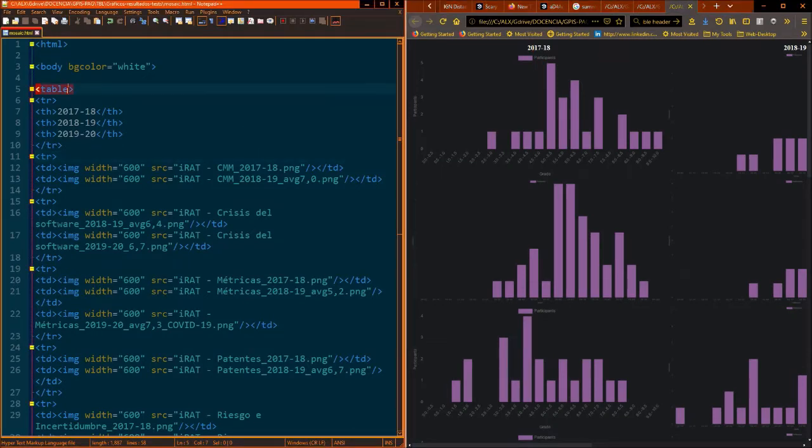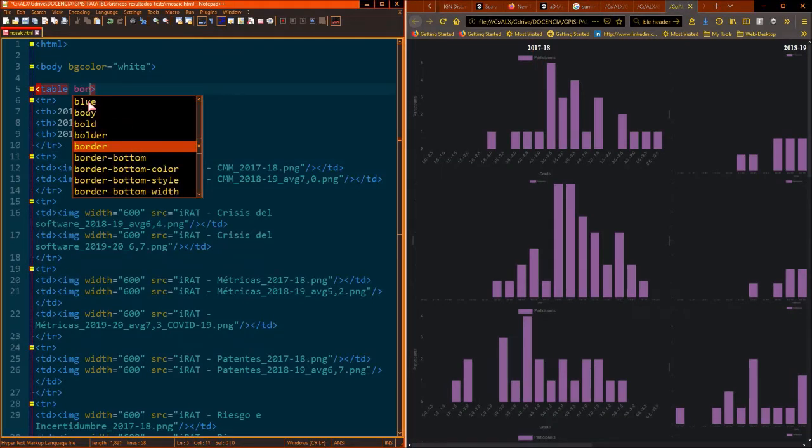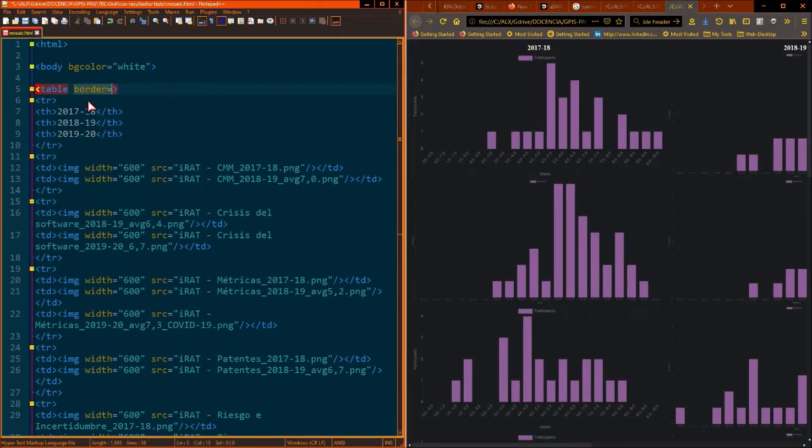I'm going to add a border temporarily, just to make it easy to grasp where the cells are.